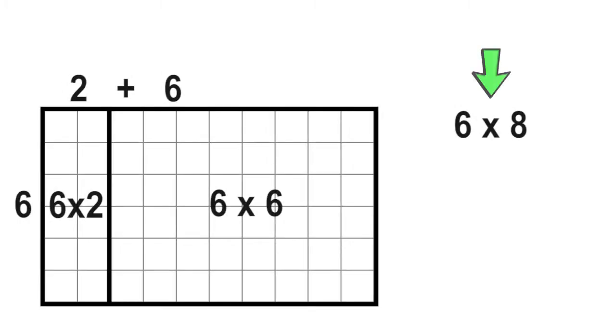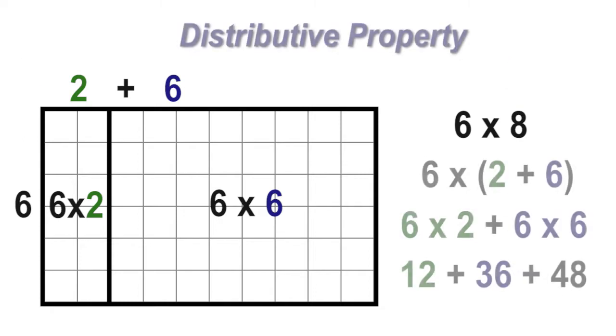The multiplication problem for this area model is 6 times 8. How is 6 times 8 solved in this model? Notice on top of the model, the 8 is decomposed into the addends 2 and 6, which added together equals 8. This model is known as the distributive property. When one of the factors of a product is a sum, multiplying each addend before adding does not change the